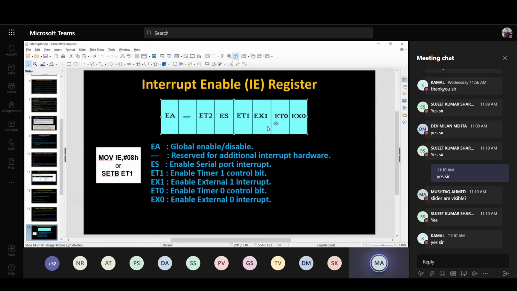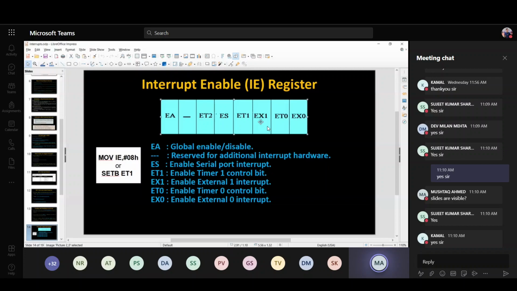So to enable any interrupt, EA must also be enabled.